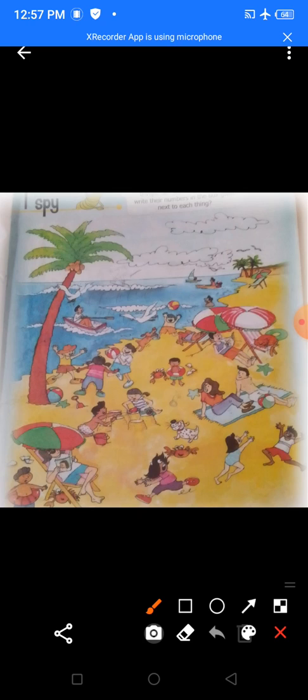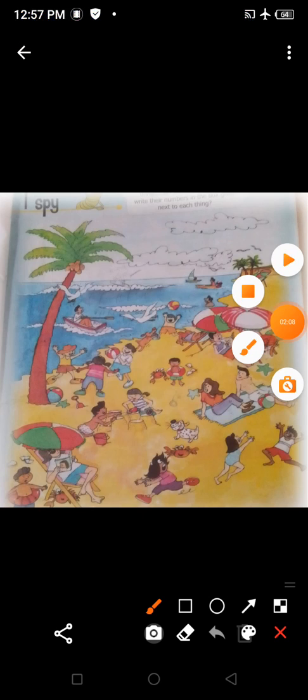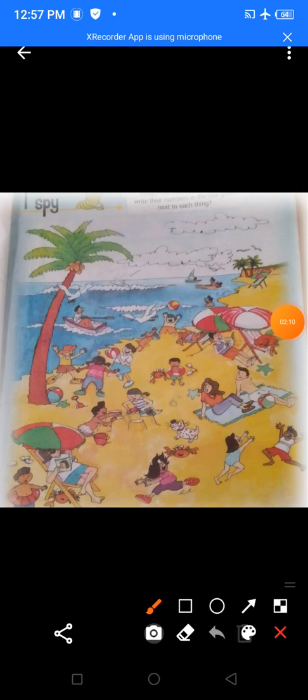Now you have to find the shells. Can you find how many shells are there here? Now look at this picture and find how many shells are there. Can you see the shells here? How many shells are there here? 3.